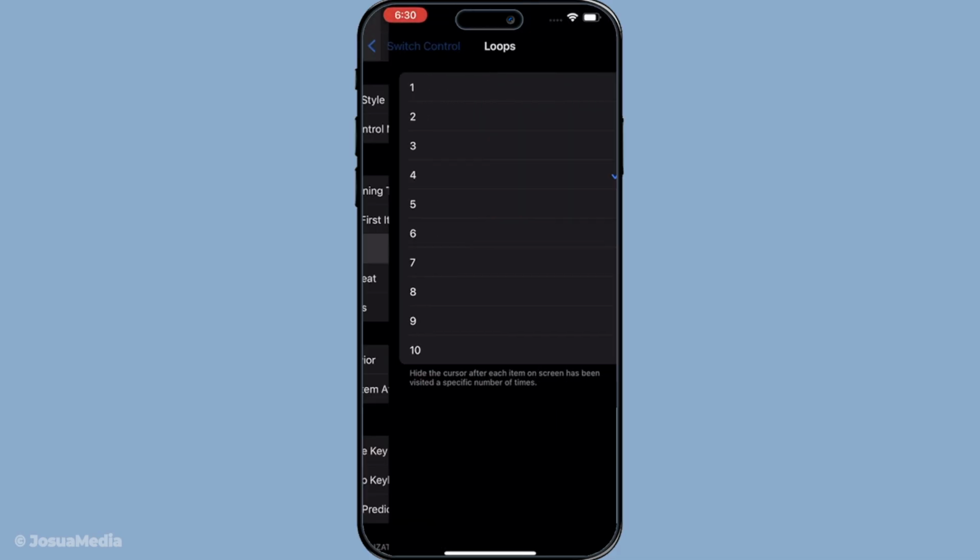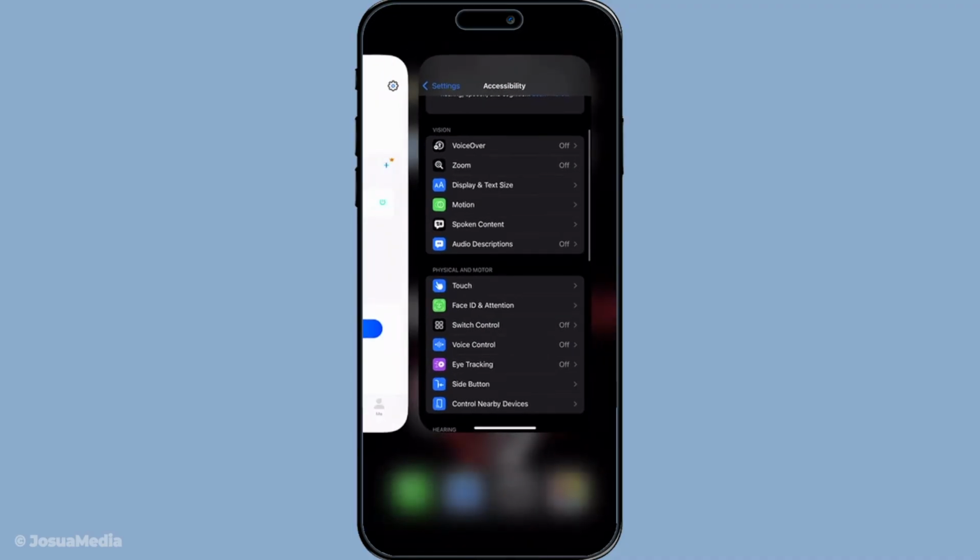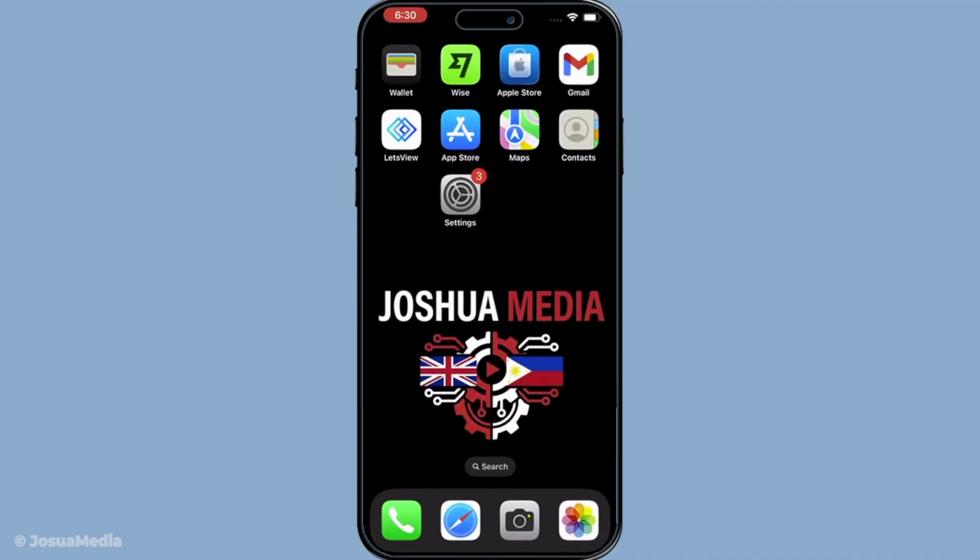You've now seen how to set switch control loops on your iPhone, and once you've gone through it once, it becomes quick and easy to return and tweak whenever you